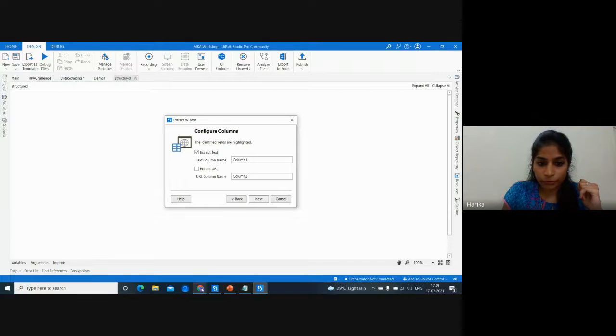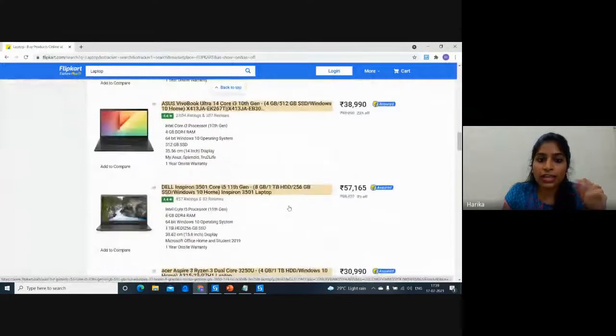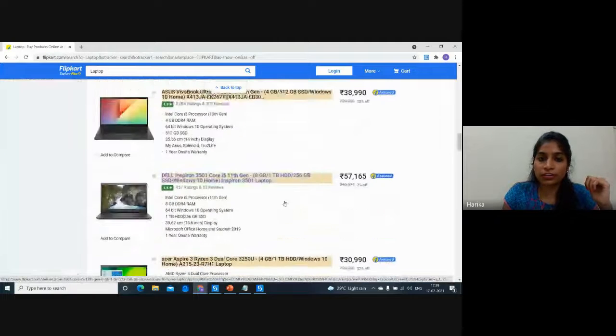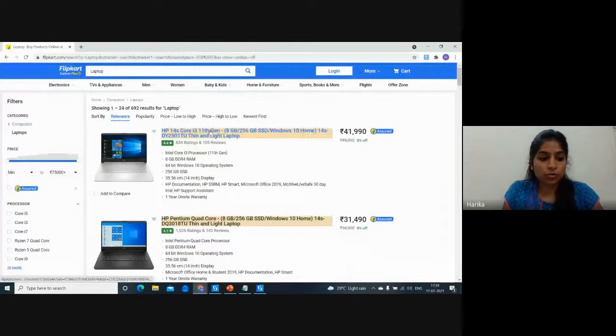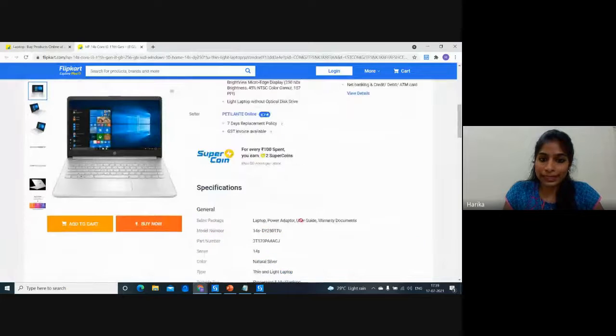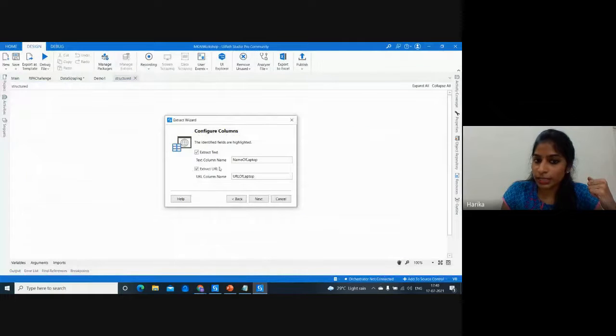Let's say if I go into this application, all the names have been highlighted, correct? So it has extracted all the names from the first page. Let me show you that as well. Name of laptop: whatever name you give here will come into our results. And if you want to extract the URL as well, you can take URL of laptop. What the URL means is a hyperlink. Once you click on this, you can go into the details of that particular laptop. So if you want to get the URL as well, you can select an option which is already available to extract the URL.